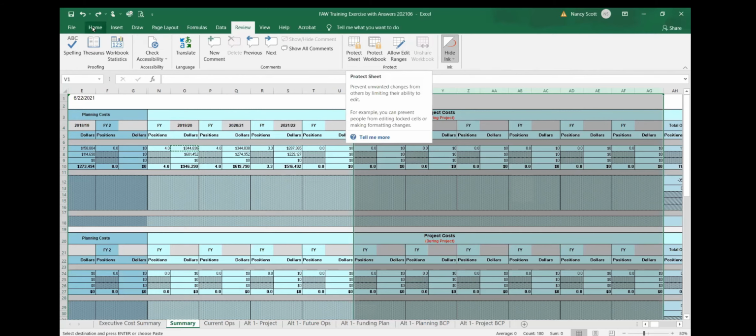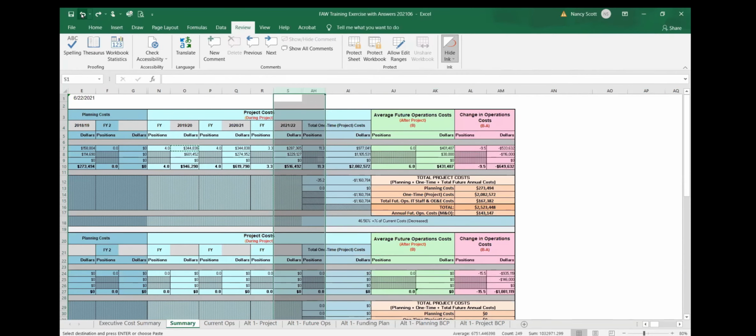So my recommendation is don't use any of those control functions. And also never cut a row, add a row, cut a column, or delete a row, because if you do that, it will cause an error in the FAWs.